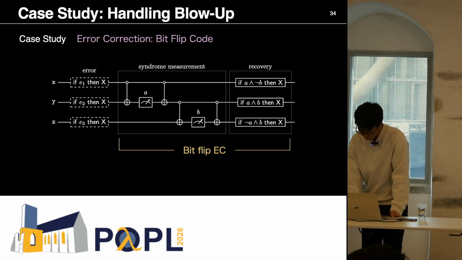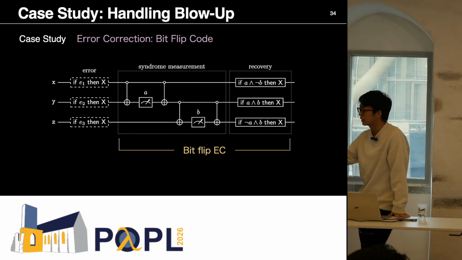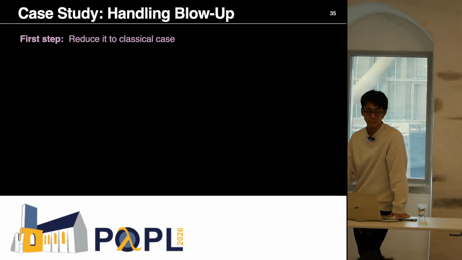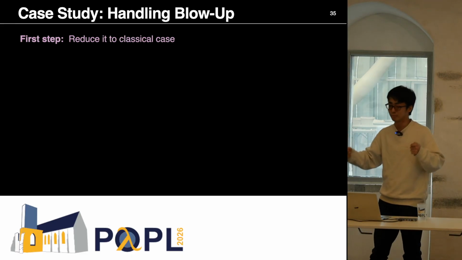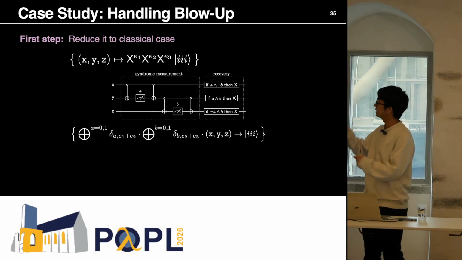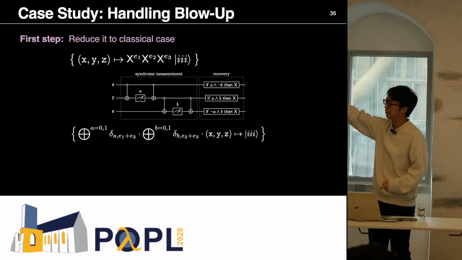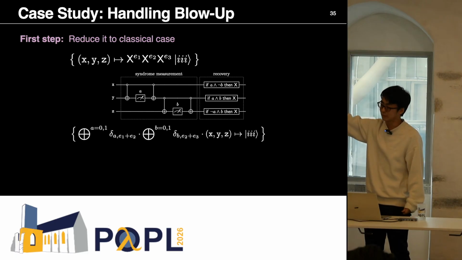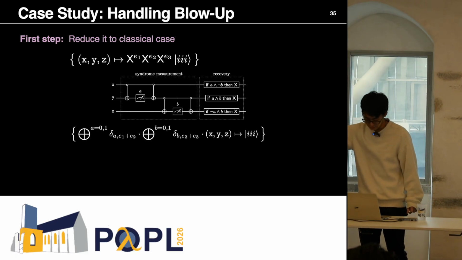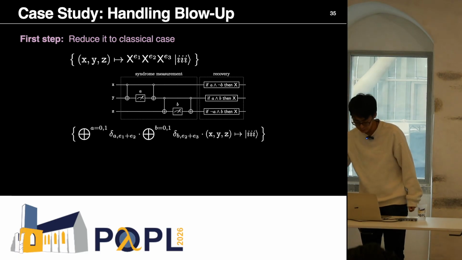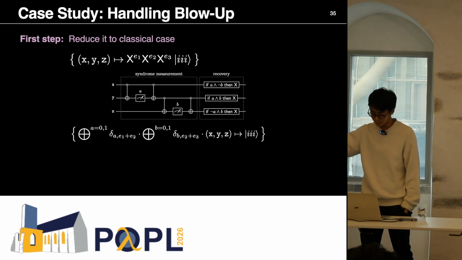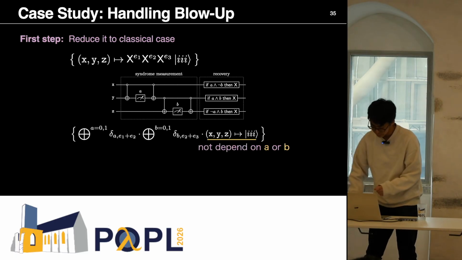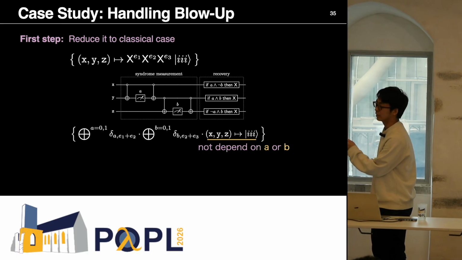And to verify something, because of basis locality, you can reduce a problem into classical inputs. Now, because this circuit looks like a classical circuit, if the input is also classical, you can easily derive this. So this is very easy. You don't need to understand the precondition or the postcondition, but this step is trivial. And one thing I want to focus on here is that this part doesn't depend on the O+.